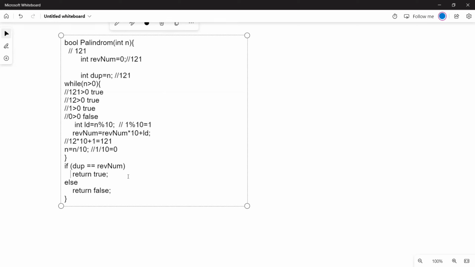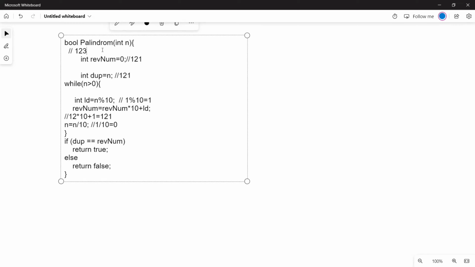Now we take another example. Suppose we have 123. We copy the number in duplicate. So the value of duplicate is 123. We check the condition: 123 is greater than 0? Yes, it is true. So we go inside the while loop and perform the operation. 123 modulo 10, we get 3, the last digit of the number.